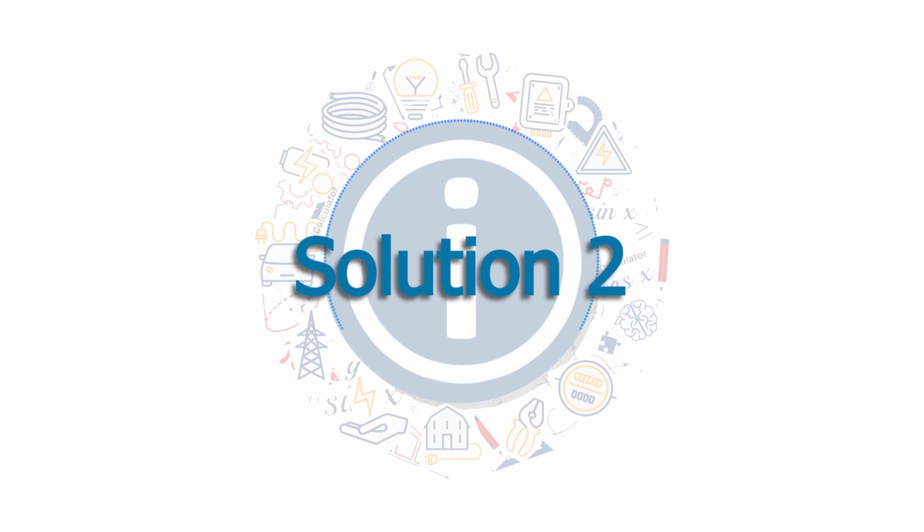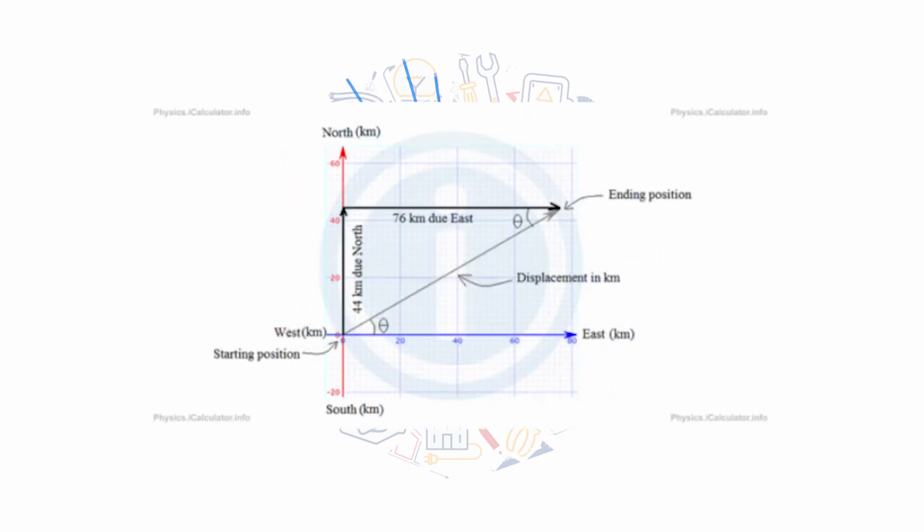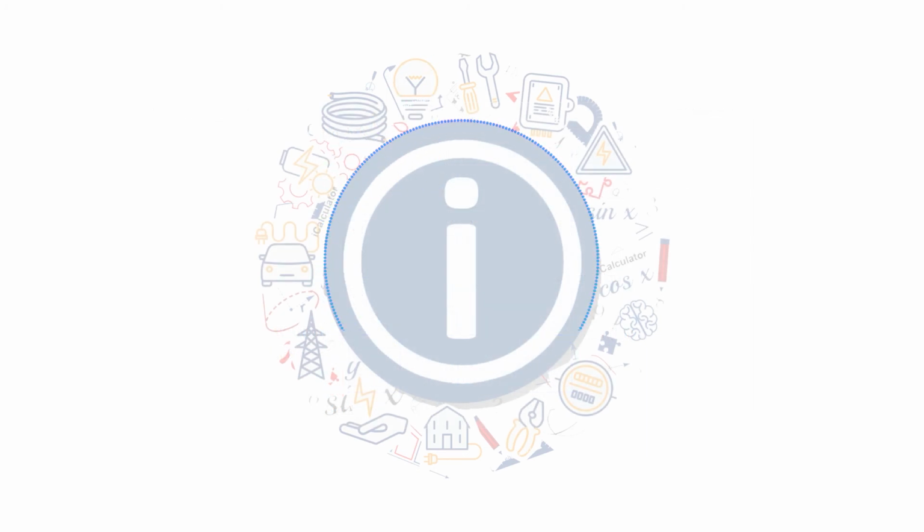Solution 2. The airplane's flight is graphically described in the figure shown on screen. It is obvious the angles theta are both equal as they are alternate interior angles. Therefore, we can limit our study by considering only the right triangle. The two given values, 44 km and 76 km, are the components of the displacement vector as they are perpendicular to each other, and furthermore, they lie according to the two basic directions. Thus, we have